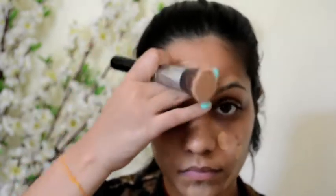Now, the foundation that I'm using right now is MAC Studio Fix Fluid Foundation in NC37. I'm just dabbing it all over my face using a kabuki brush to blend the foundation. The consistency of the foundation is a bit thicker, so I like to add Fix Plus, which makes it